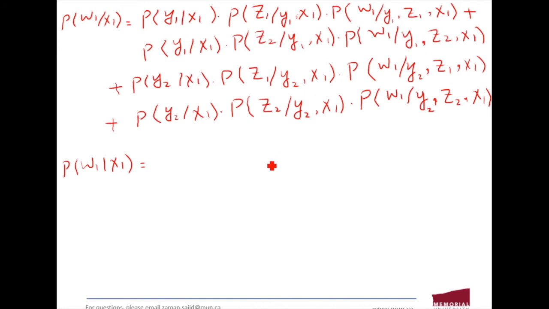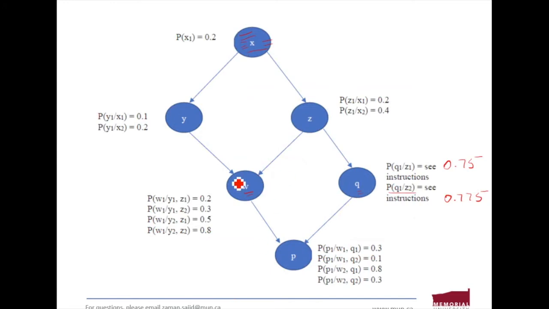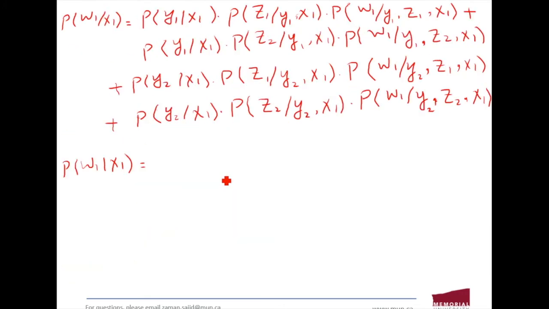Same rule as we were using before, the Markovian conditions, Y1 and X1. We go back to our network here and we see that this is the Y1 and X is the parent here. That should be written as probability of Y1 given that X1 into the probability of